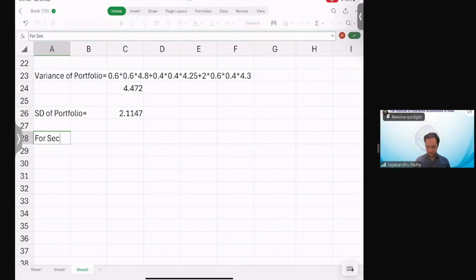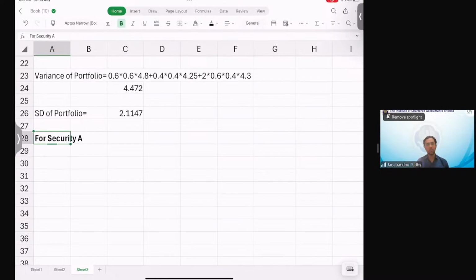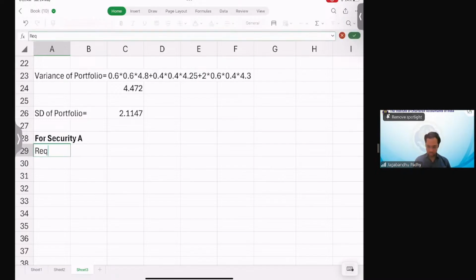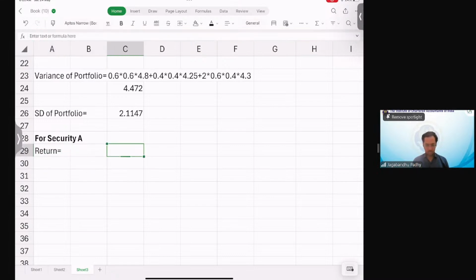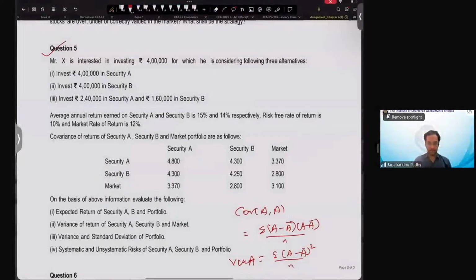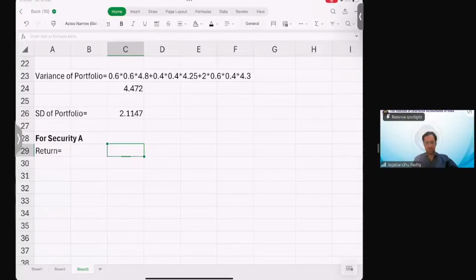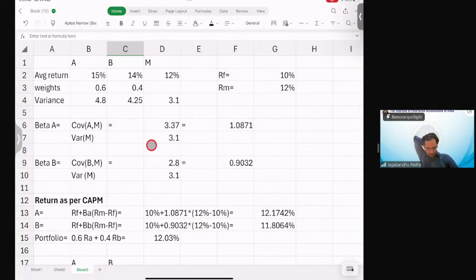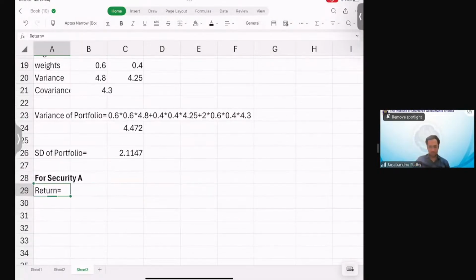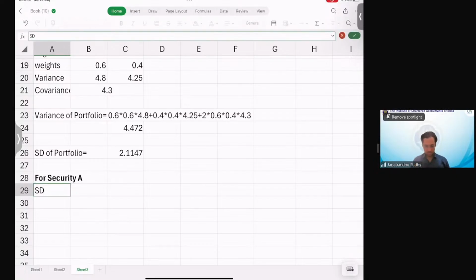Or I'll do it for security A, and I want you to do it for B and portfolio then. For security A, we know the return from security A is 15%, but for security A, we can simply have the equation like this, that